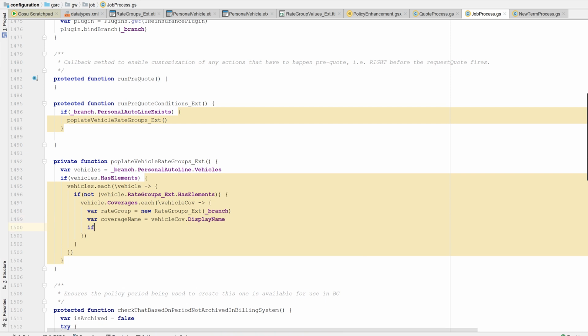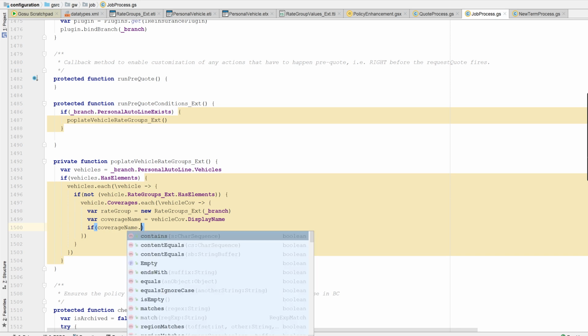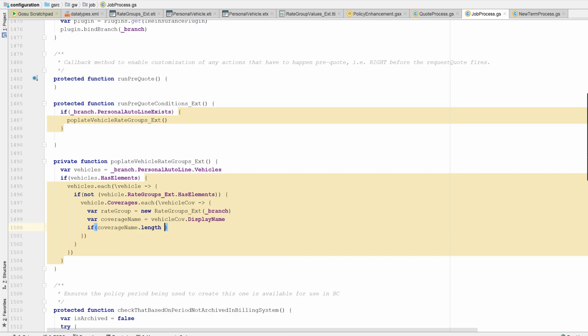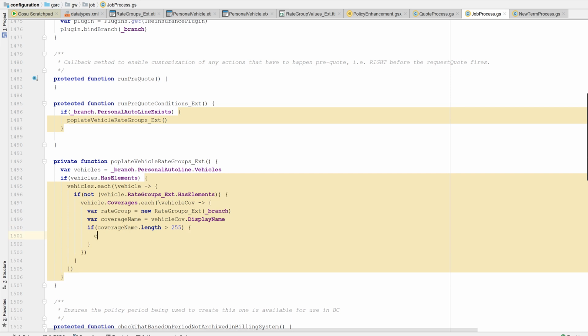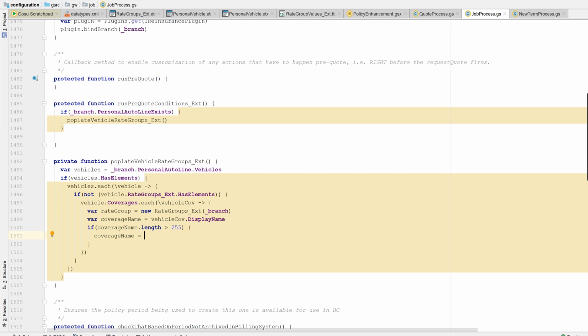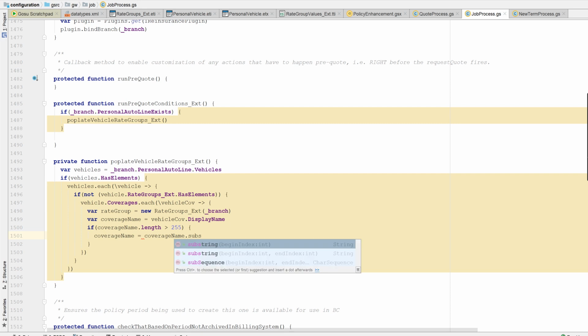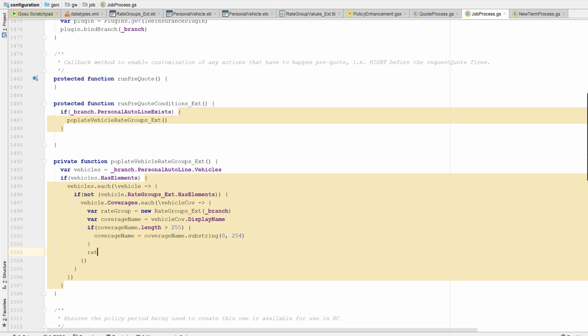If coverage name dot length is more than 255, then coverage name, because it's a short text, it should not cross beyond 255. So what we can do, coverage name dot substring 0 comma 254, so that the maximum length we will have. Then rate group dot coverage name,